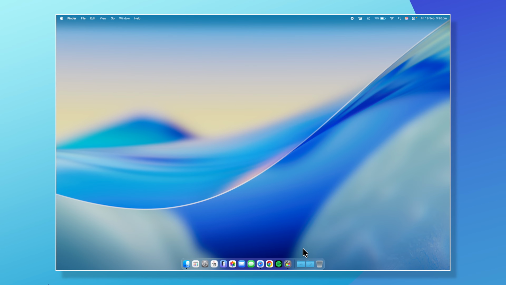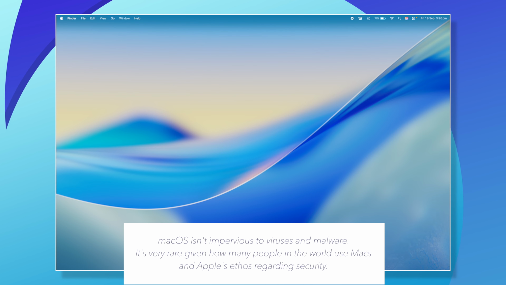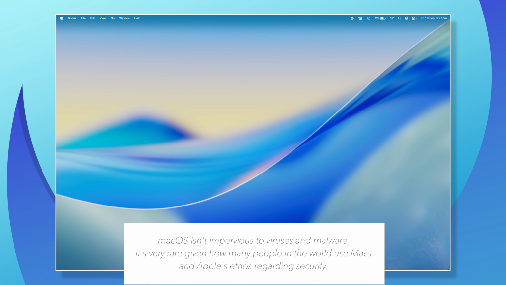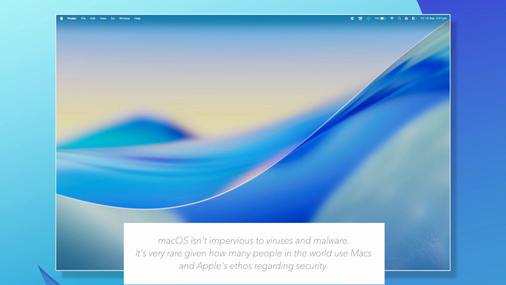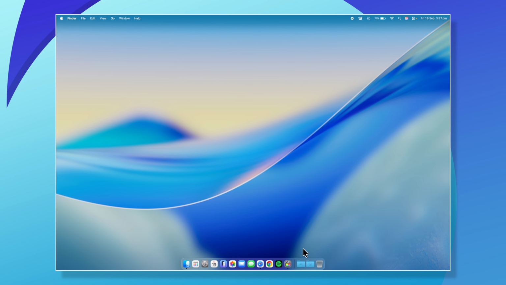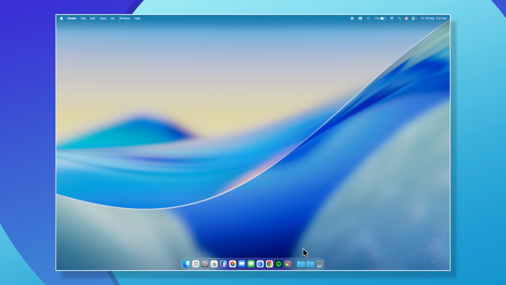I would say that macOS does get viruses and malware, but on very, very rare occasions, because you install your applications from reputable developers on the App Store or online itself. Plus there's a built-in firewall, and it will detect bad stuff, basically.